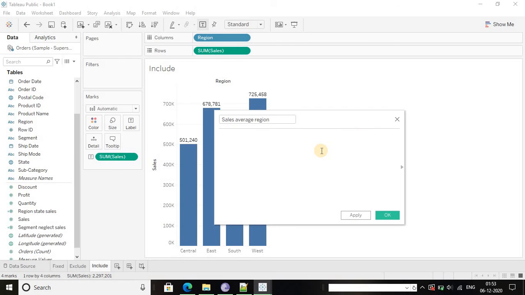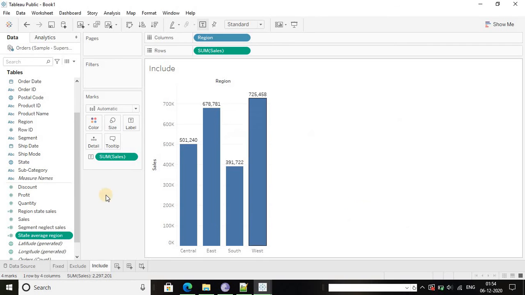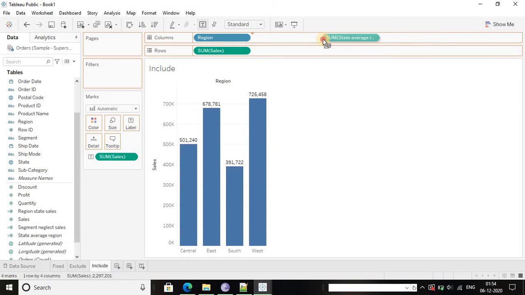By including the state, I want to find the sum of sales. So apply and OK. So now I'm going to drag it into the columns as in rows.